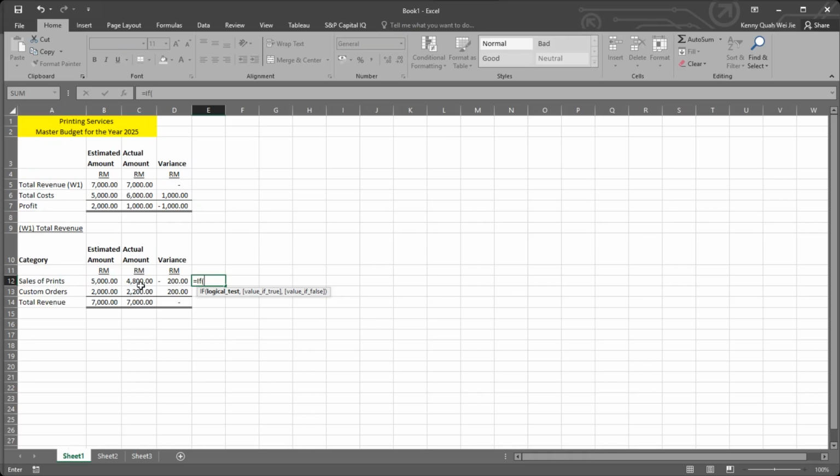But there's another way, which is we just straight away compare the actual with the estimate figure over here by using the formula. So both ways are possible. I'll show you one of the ways. So let us put this, the actual. If it's more, see the arrow of more, than this, then put a comma, then this